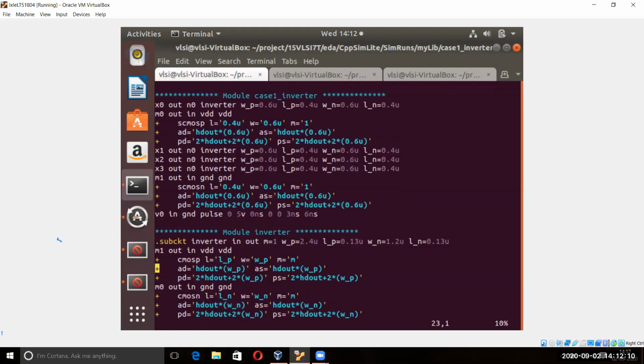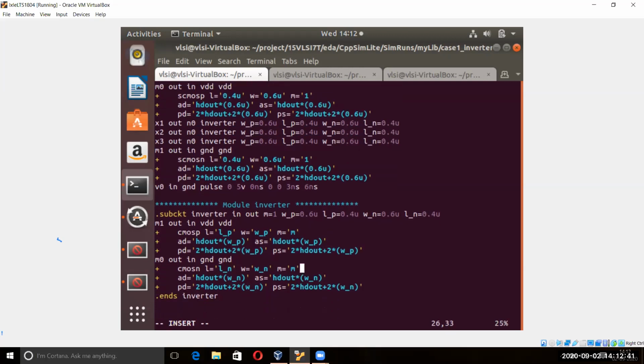But this is for what? This is by default coming for another technology. So you have to change here this width and this thing, the length. Okay, so we are keeping everything default. Like for the list part, so just change here 0.6 and 0.4. Okay, and this is also same, 0.6 and 0.4.